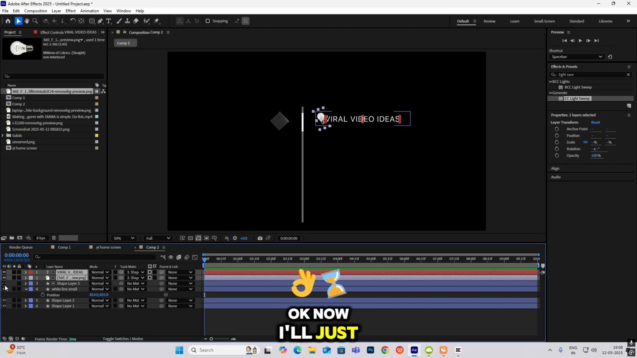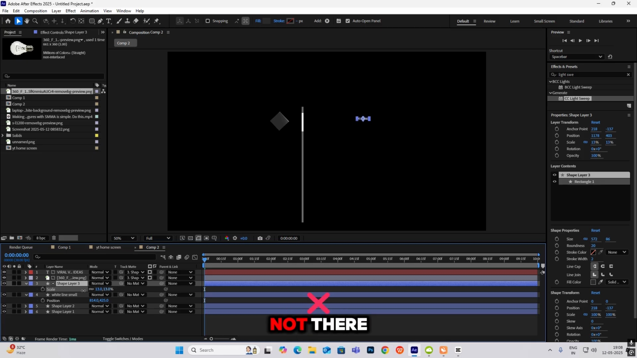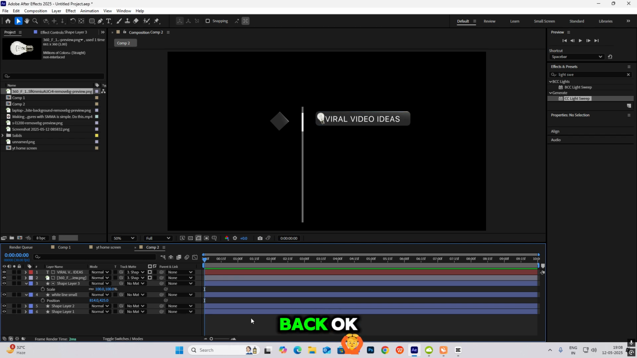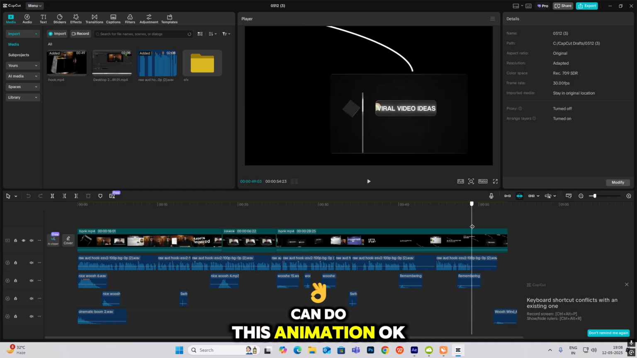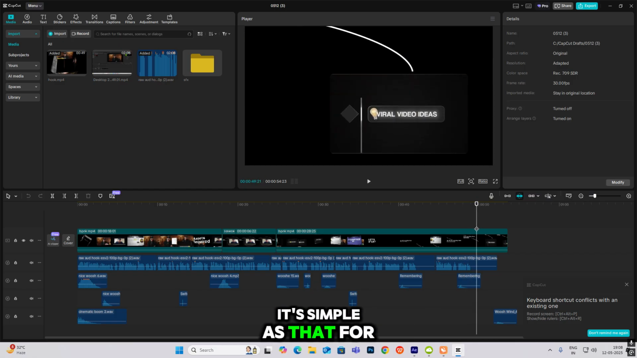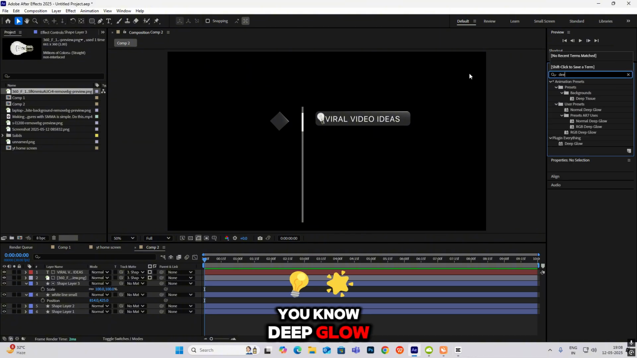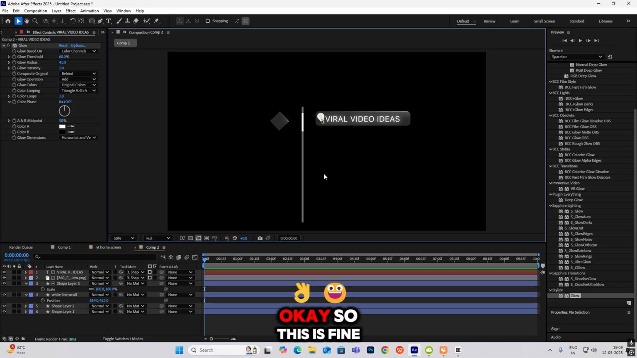Okay, now I'll just hit the eye icon over here, and as you can see, when it is not there, all the things will be invisible, and when it is there, it will be back. Okay, so that way we can do this animation. Okay, it's simple as that. For the text, you can also add deep glow or glow, whichever you have is fine. Okay, so this is fine. Now